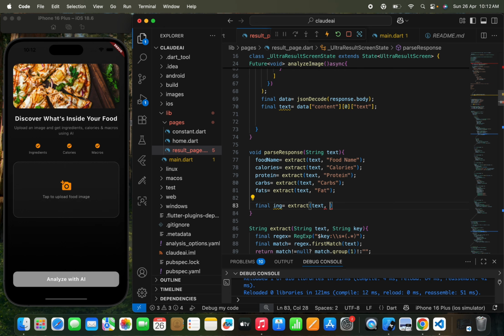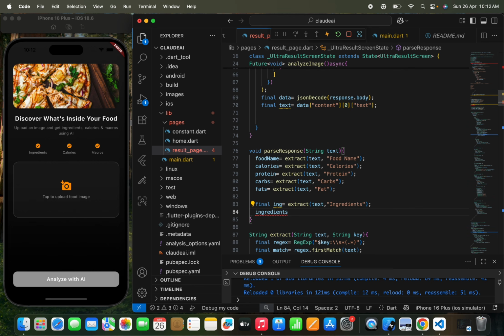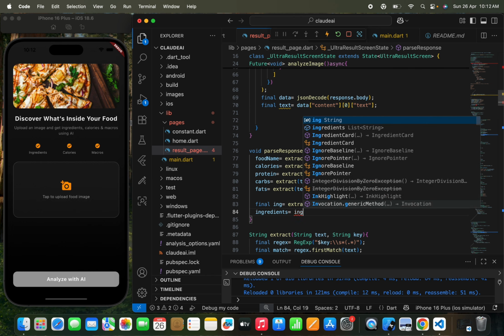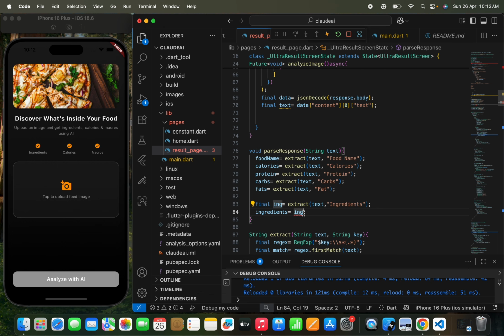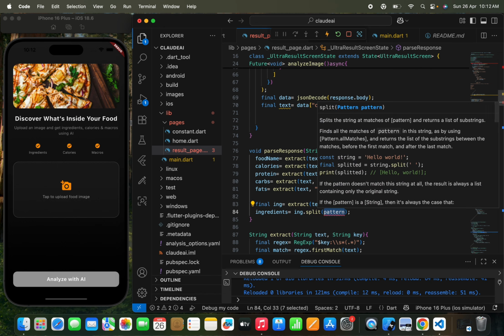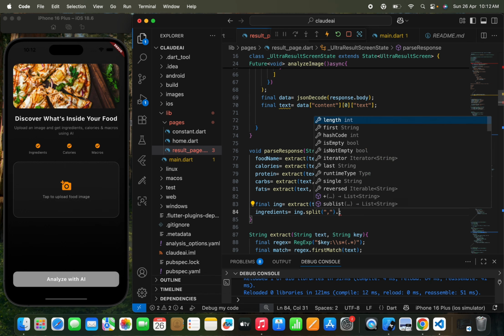But as you know, ingredients is in the form of a list, so I need to write ingredients first, and we need to get that. So I need to write ingredients equals to, I can't directly store ing like this, it will simply say that a string can't be stored in the form of a list. Okay, so for that I need to write ing dot split. Then I need to split on the comma so that it is in the form of a list. I need to write a map,